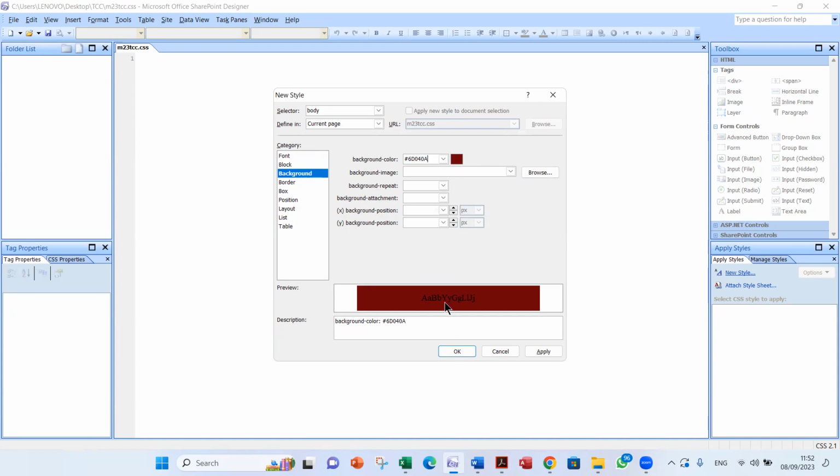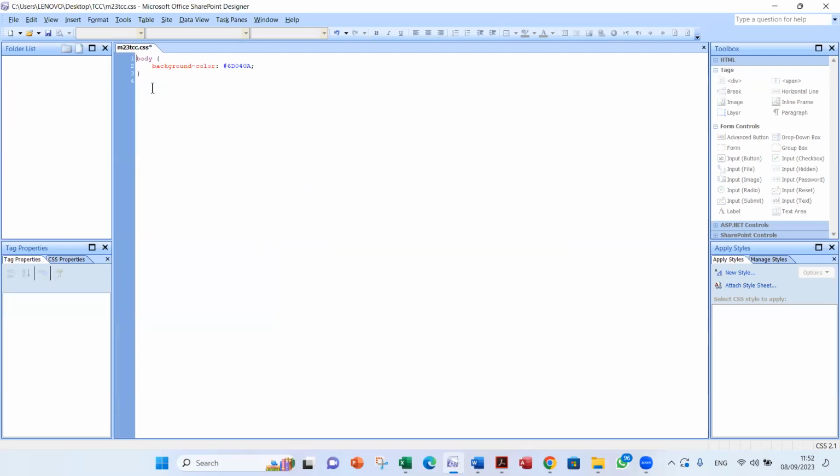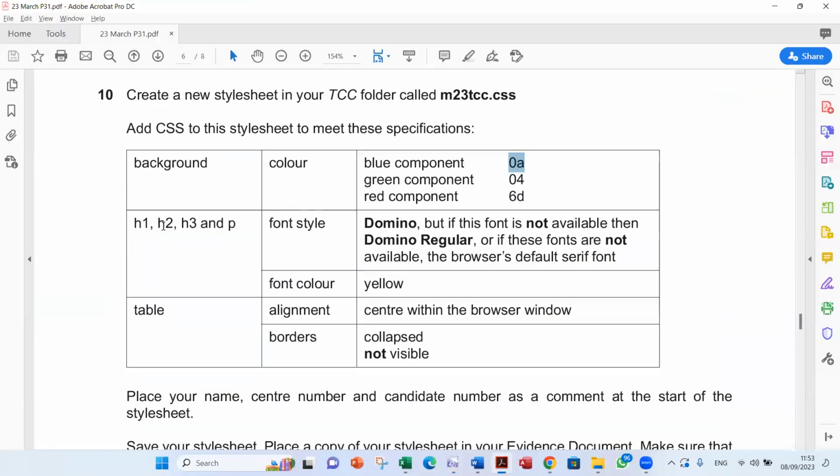If you click OK, and this is the preview, the background will be brown like this. Click OK and check the code written. So body bracket background dash color colon hash. This is the code for hexadecimal, the hash 6D042A semicolon. I think this is correct.